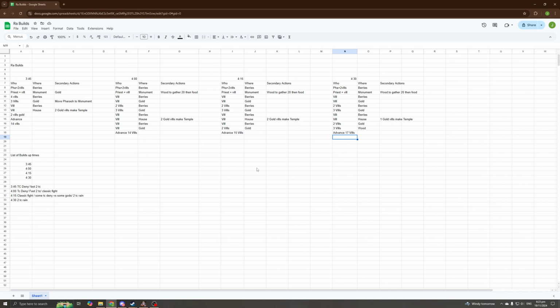Today I want to share the raw build orders that I've been using on the ladder. I've got about 4 here. Just going through them, we've got the 345 up, the 4 minute, the 415, the 430. They all have their own unique purposes and when you should and shouldn't be doing them. As a general rule of thumb, these are the things you would be using each build